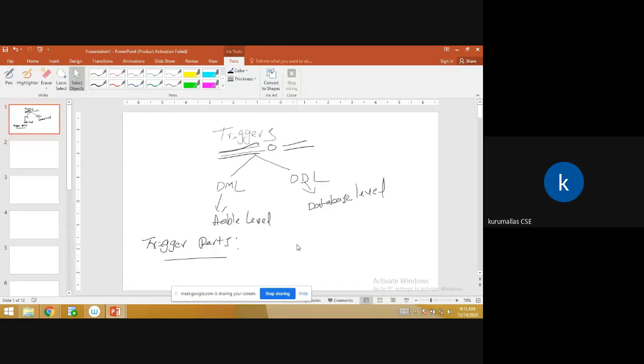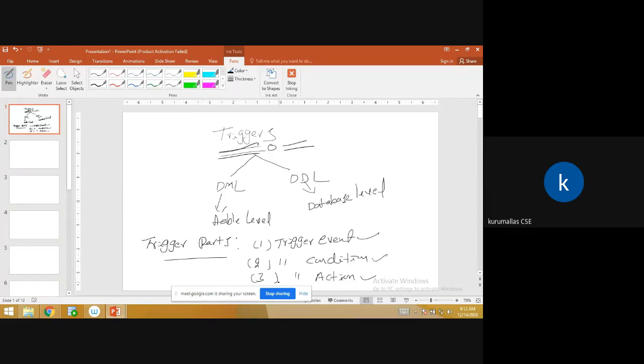One is the trigger event, the second is the trigger condition, and the third is the trigger action. Trigger event, condition, and action. These are the three parts present inside the database trigger.